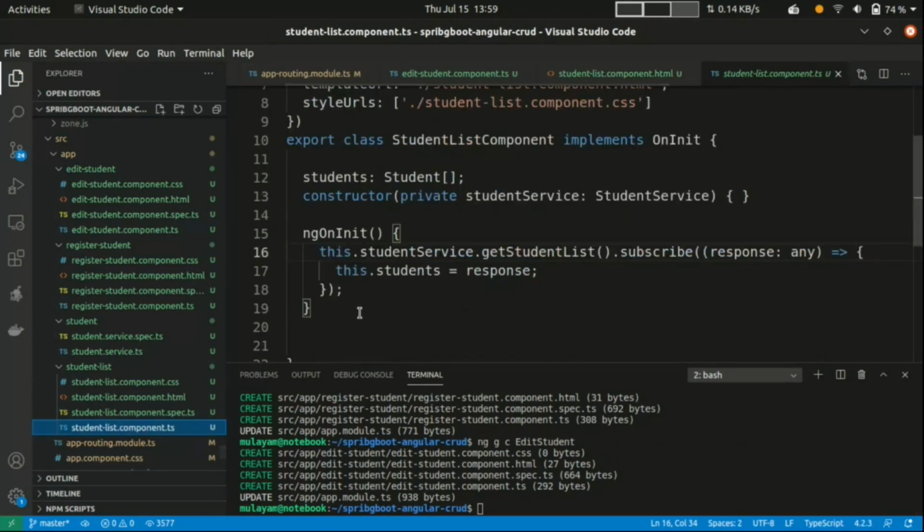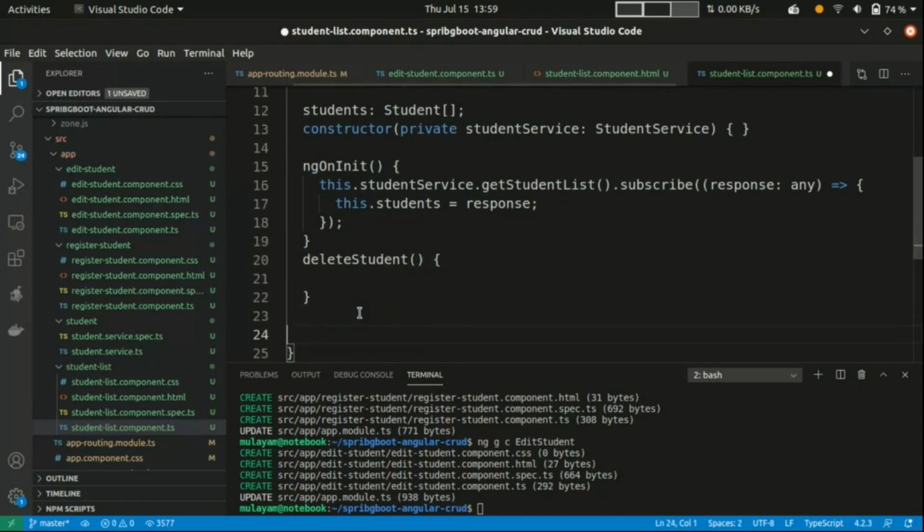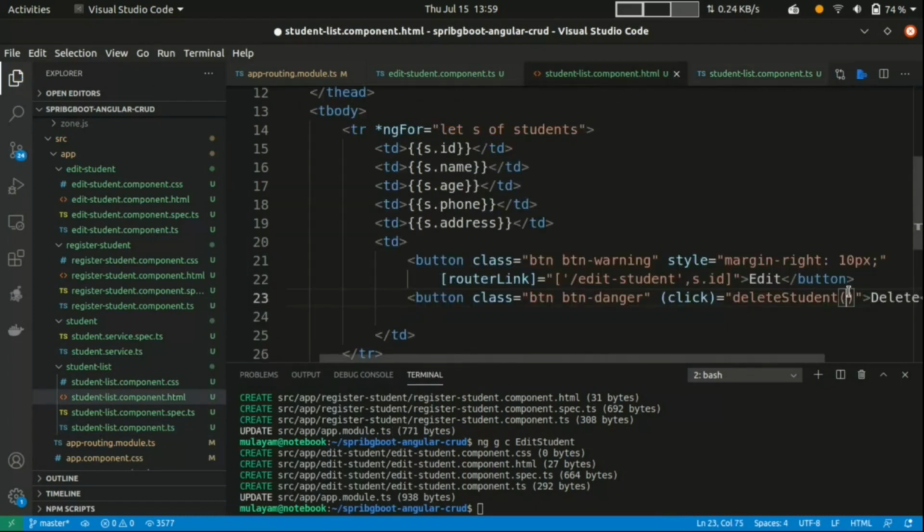In this component, we can add one function, deleteStudent. To delete student, I want to pass ID. Let's write here ID and go to this student list and pass ID from here, s.id. That's it.